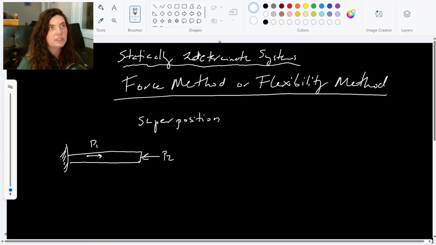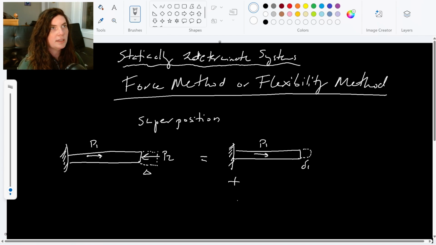All superposition says is that whatever this displacement is here caused by P1 and P2, I'll call this delta, this is going to be the same as whatever the displacement is of this beam caused by P1. So P1 might cause it to move out by about that much. That would be our displacement 1, plus